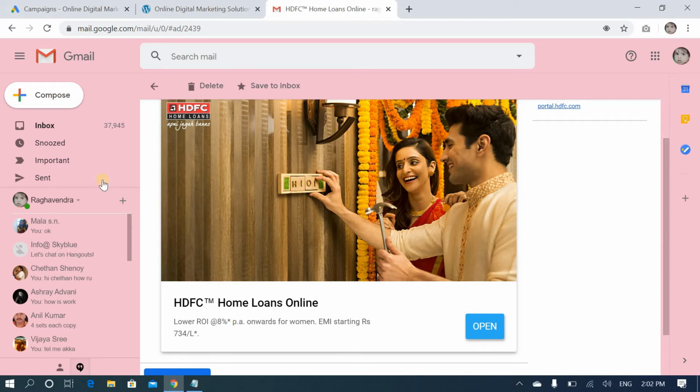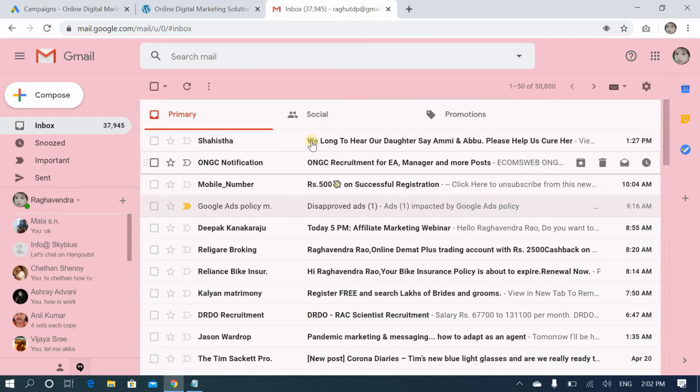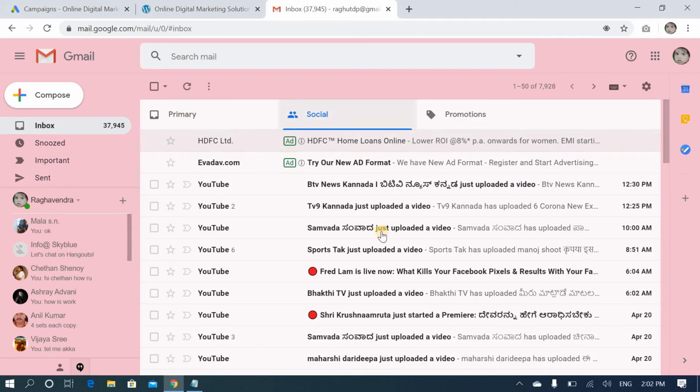And if you do not get any clicks, Google will not charge. The ad will show like this only. If you click, Google will charge, otherwise Google will not charge.